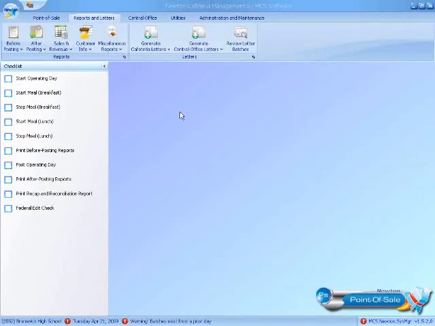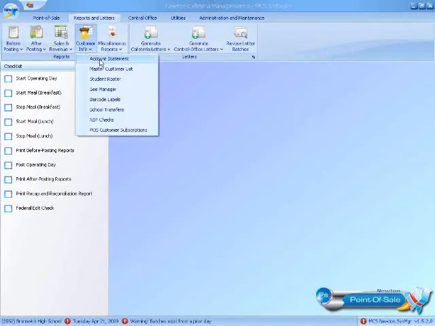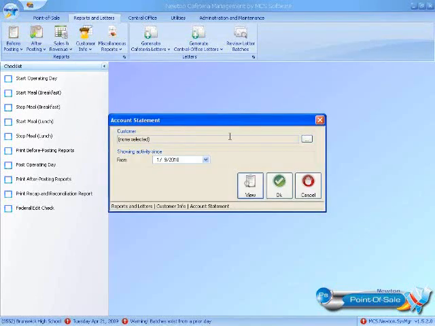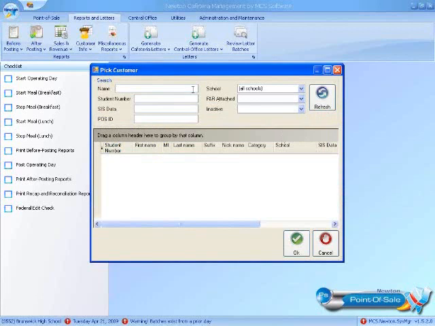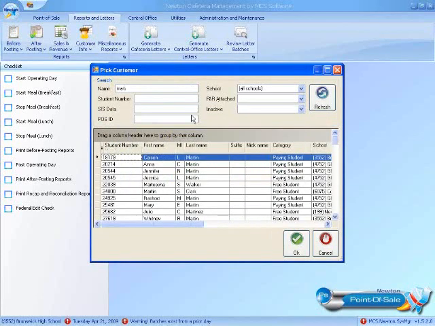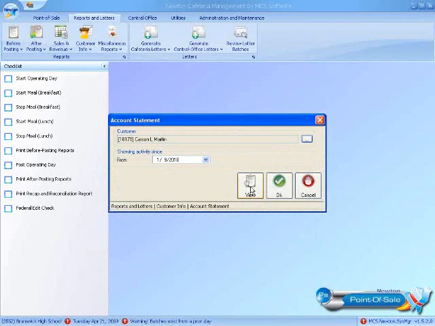We have modified the account statement. We've added details to the account statement now, and these details include more information about which line